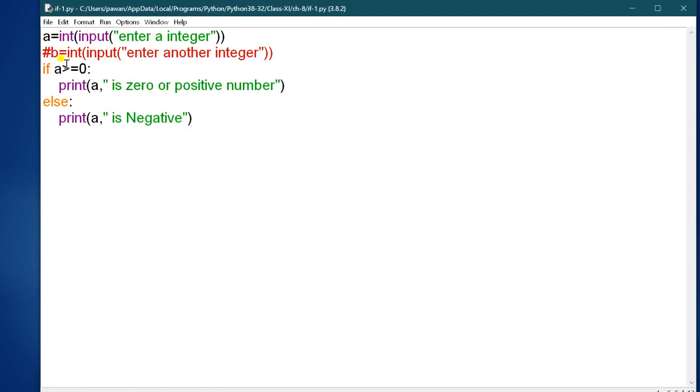So I'm just taking one more example. If a user enters the sales amount of a person, then you have to calculate the discount.